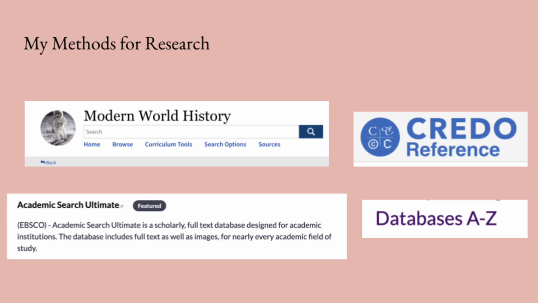When conducting research, I first went to the FSW A through Z database and went into EBSCO Academic Search because I used that in my composition class last semester, and in that database, I am able to refine my search to only full-length peer-reviewed journals and articles. So this ensures that they are scholarly and reliable.